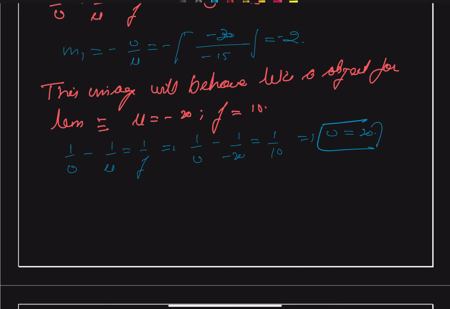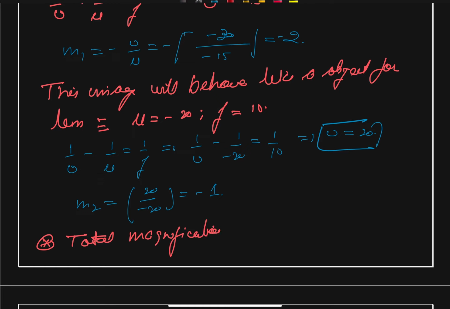Similarly, we can find out here m2. This m2 is 20 upon minus of 20. This gives us minus of 1. So the total magnification, which is given as capital M1, will be equal to small m1 times m2, that comes as 2 into minus 1, and we get our M1 is equal to 2. Now